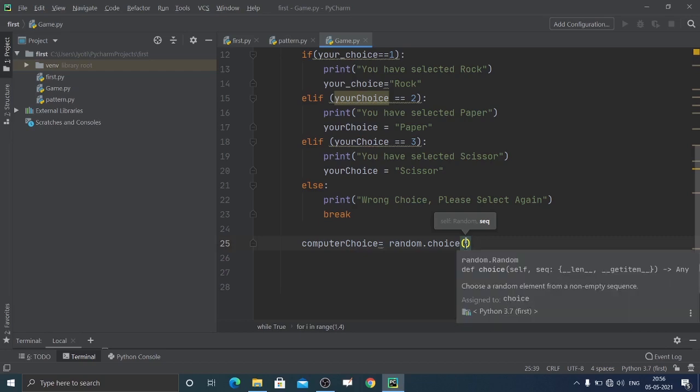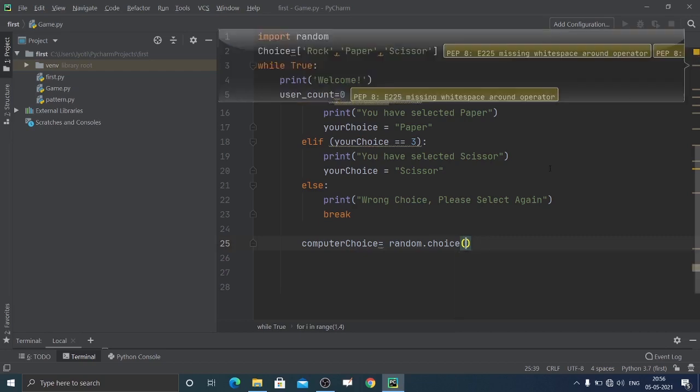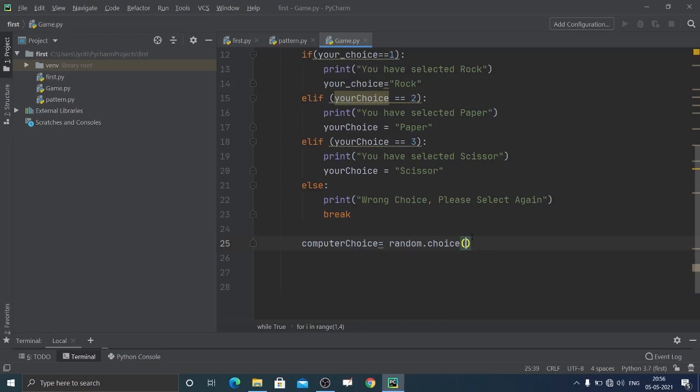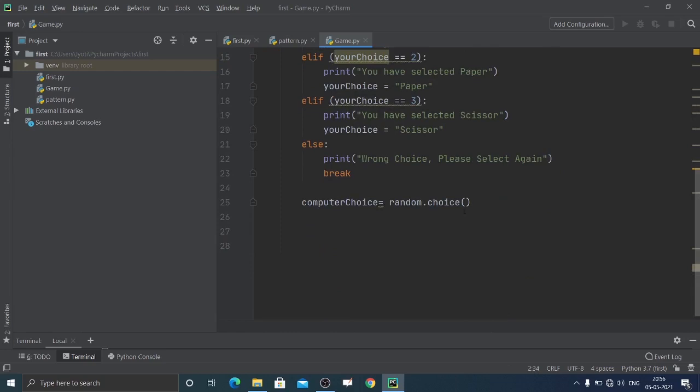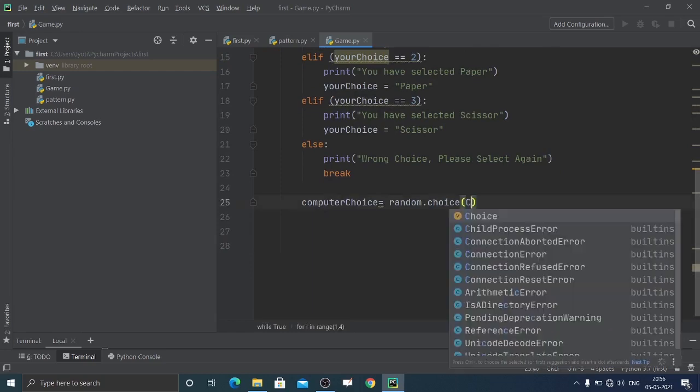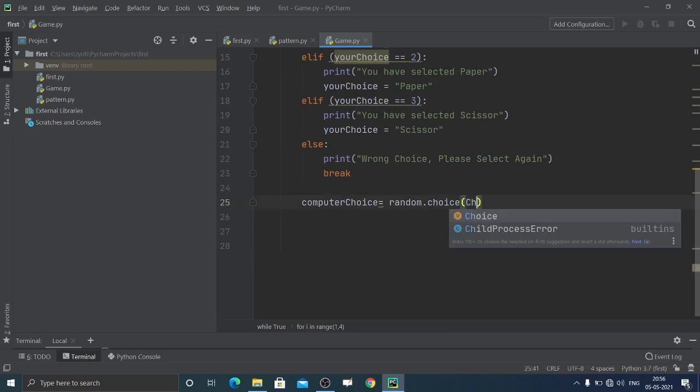Now what was the sequence that we created? If you remember, we created one in the starting only. Here you can see this is our list that we need to pass. So we will pass that.